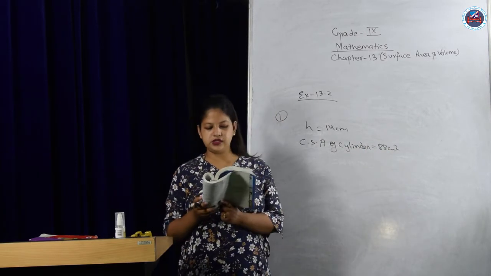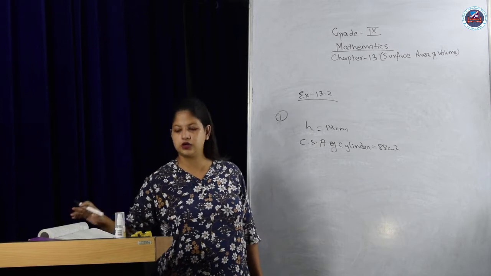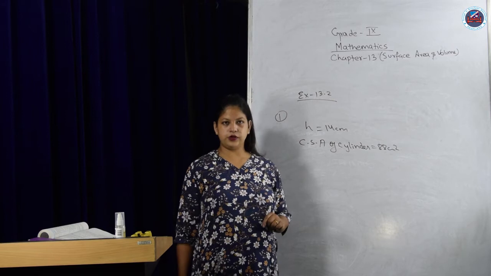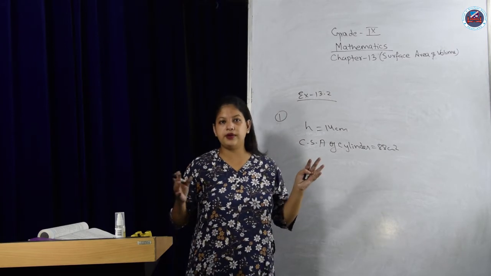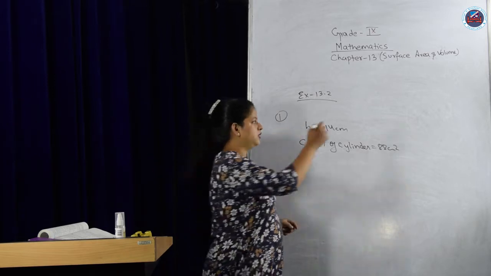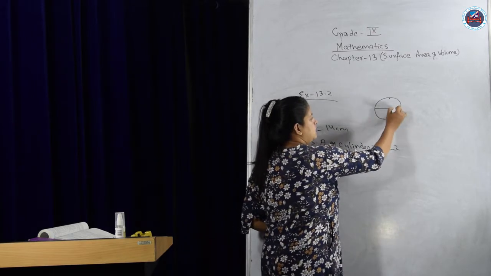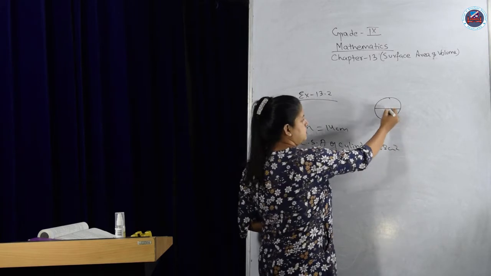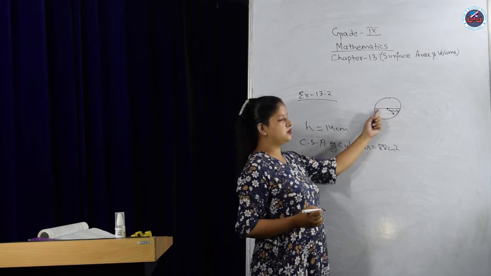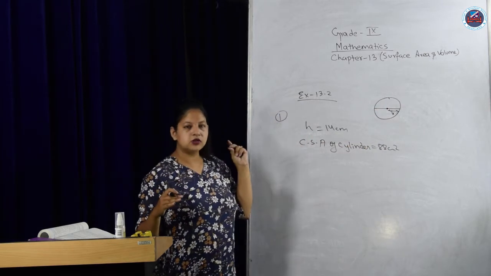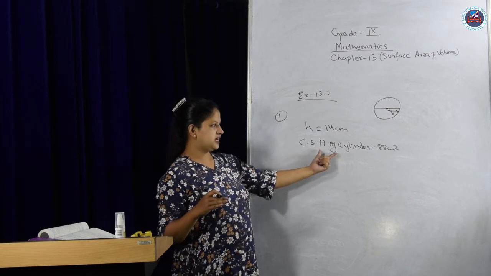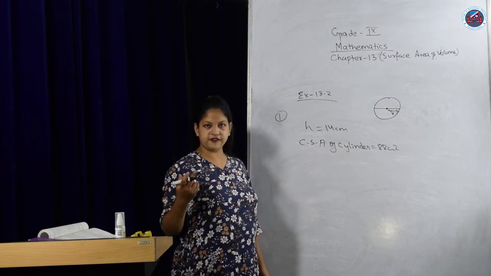Now find the diameter of the base of the cylinder. In order to find the diameter, we first need to know the radius. Remember, diameter is double the radius. In a circle, this is what we call the diameter, and this half part we call the radius. So if 2 times radius is done, we get the diameter. Let us first find the radius, starting from here. CSA of cylinder. What is the formula I have given you?